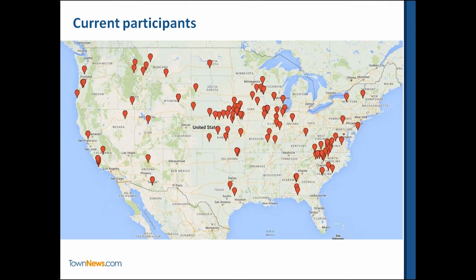Right now, this is a map of some current participants. How the Content Exchange started, we started a pilot program. We wanted to get in front of the Iowa caucuses. We thought that this election was going to generate a lot of page views and a lot of ad impressions for our customers. So we did a pilot with Iowa customers,